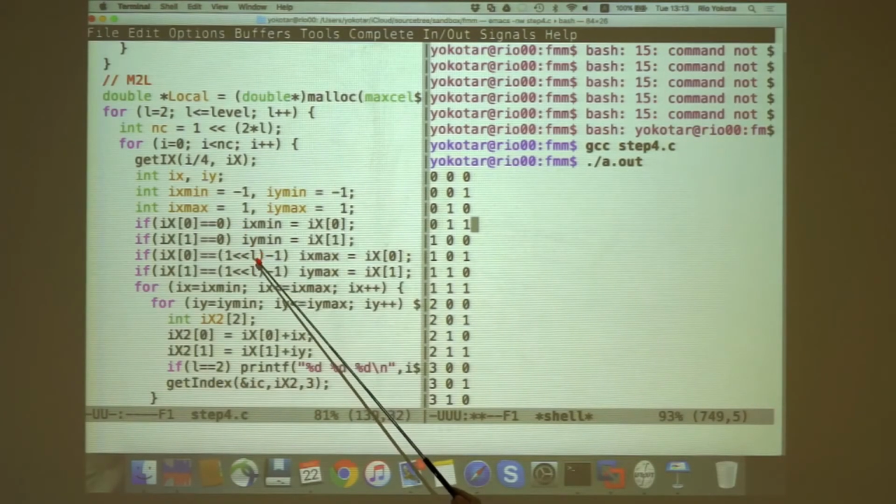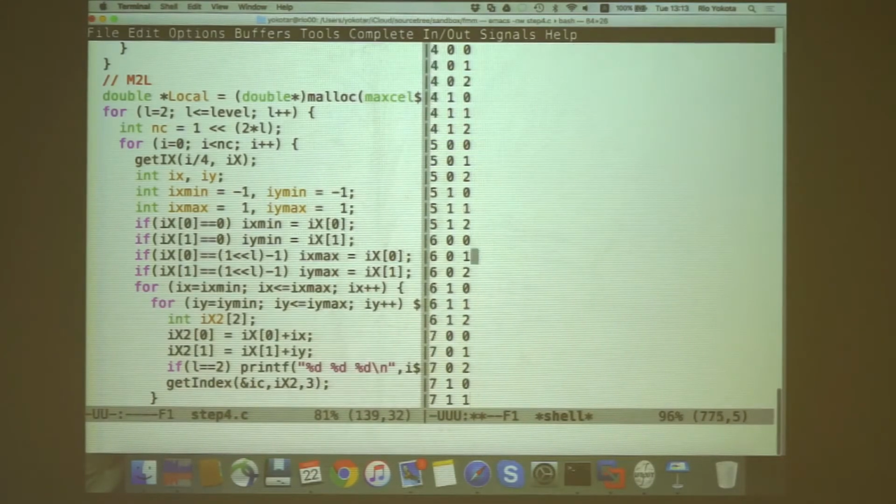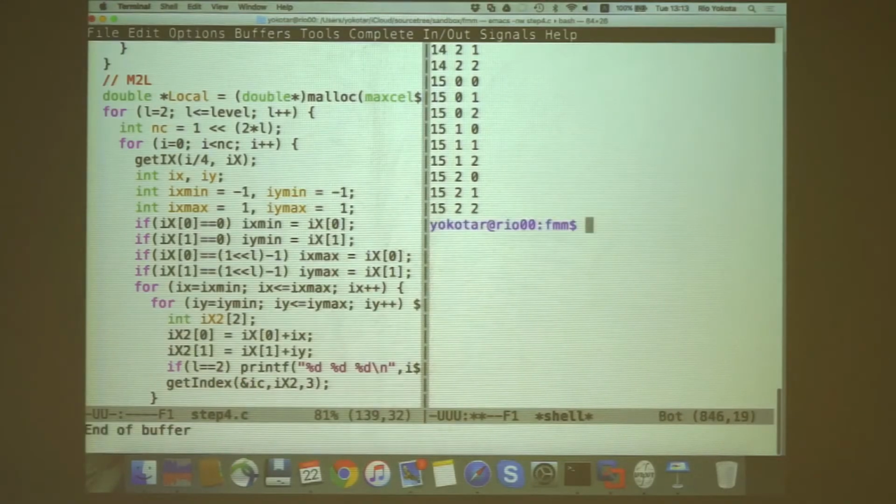If IX 0 is 0, it means it's on this side. If IX 1 is 0, it means it's on the bottom side, so it uses 0. If this is at the other end, which is the large, in this case it should be like 3 or something. It's never larger than